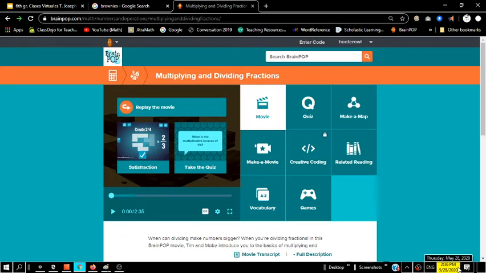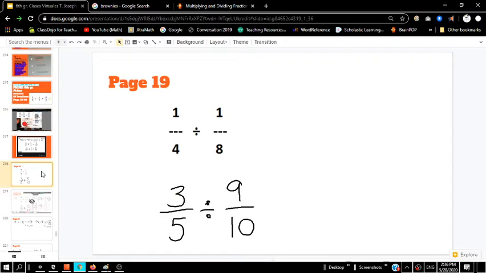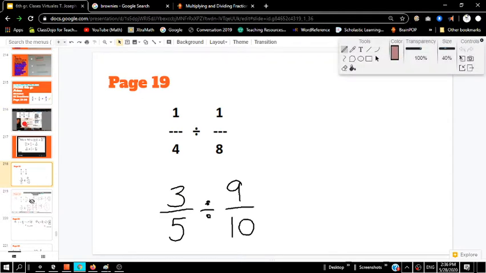Alright, so that gave you a better understanding of a reason why we would multiply or divide fractions in real life. Let's go to page 19 and we'll do a couple of these problems together. On page 19 we have just 2 problems on the bottom that I would like to do. We already did the top problem, so we're now just doing the ones on the bottom, okay? Alright, letter 2A on the bottom on page 19 says